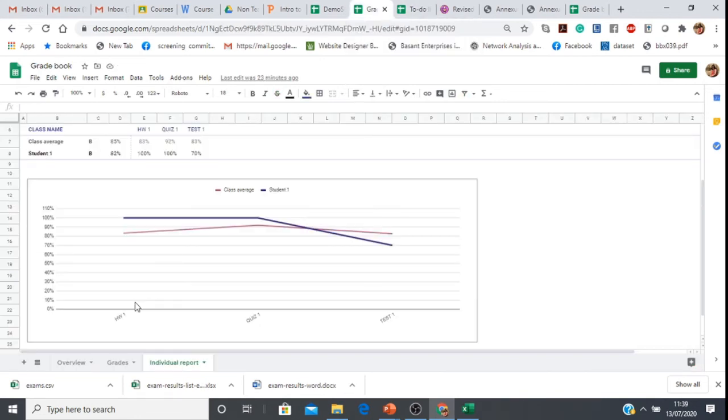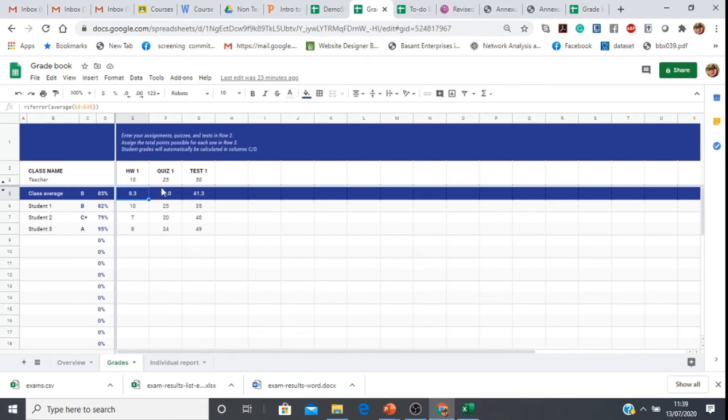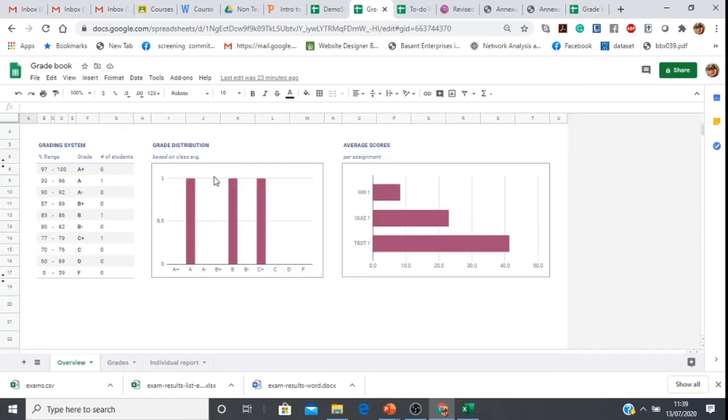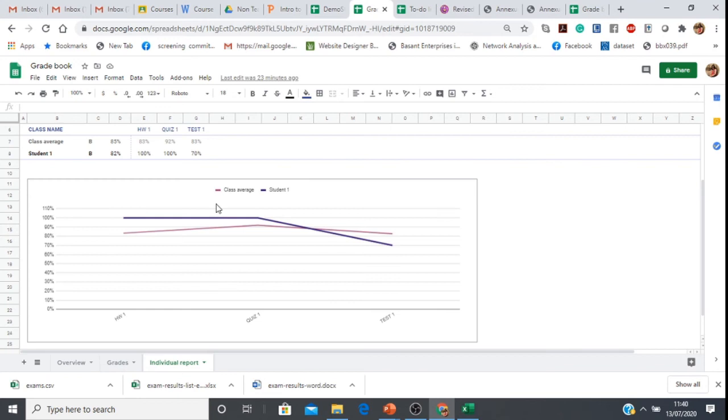Similarly, we have another template, grade reports of students. We can fill in the students' info as well as the marks in their homework assignments, quizzes, tests, etc. And then the percentages get automatically calculated here with grades information. Similarly, we can have a class-wise distribution of marks per assignment or per test and so on. And we can also see the individual performance. For example, this is the individual performance of student 1. So this is regarding the grade templates.